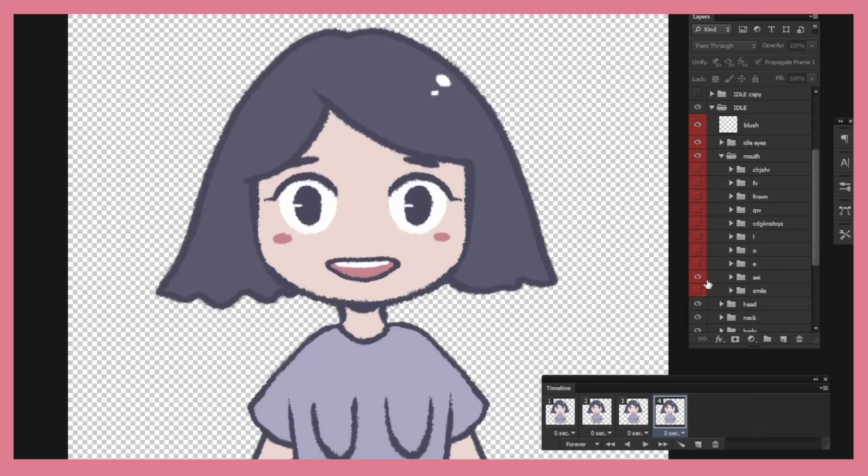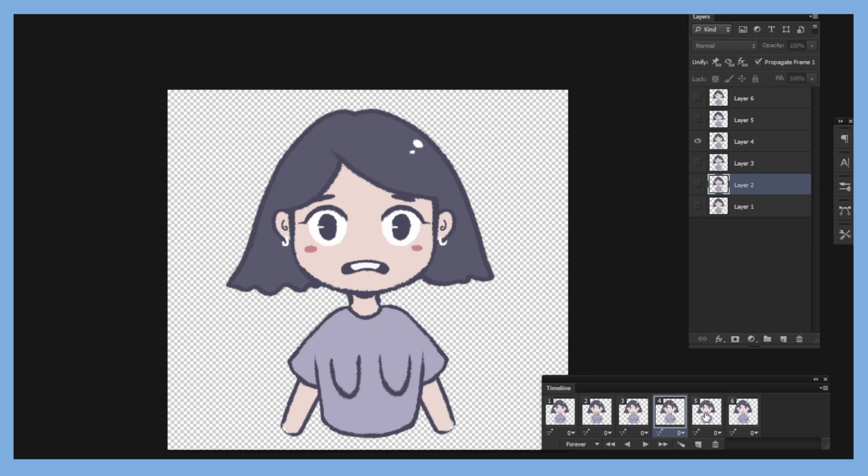Once you have all your mouth expressions drawn out, it is really easy to animate them. You just need to find the correct mouth expressions. And then I'm going to add another frame, and the next one is this one.